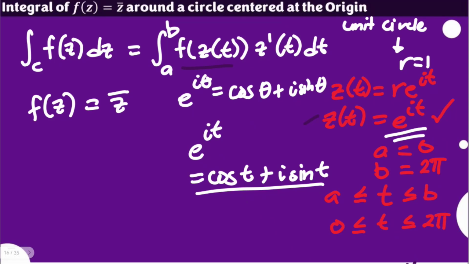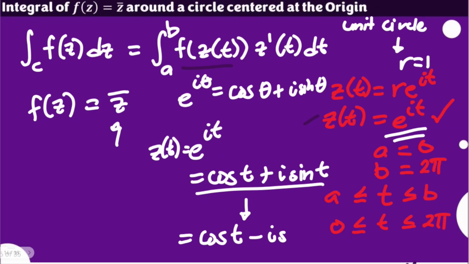However, if we're going to talk about the conjugate of z, because this is actually our z of t earlier, the conjugate of z is when we apply the conjugate of a certain complex number as well. So if this is the complex number equivalent to e to the power of it, its conjugate is of course cosine of t minus I sine t. Same first term, same second term, but a different operation separating them. This is actually your z bar, or your conjugate of z.